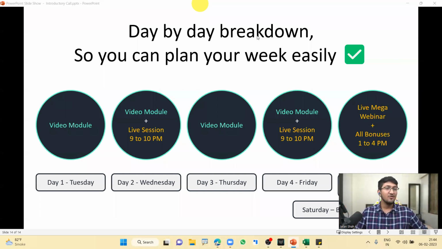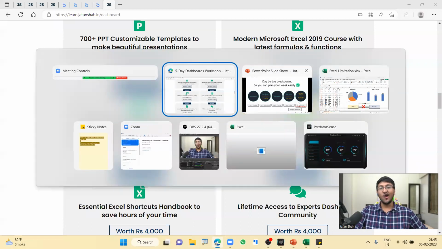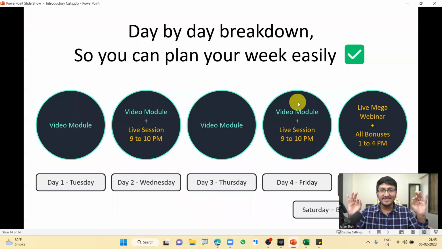All right. What bonuses are we going to get? All these bonuses mentioned on the screen. These are 6 bonuses. You are going to get a total of more than 10 bonuses in the entire workshop. How many of y'all want more surprise bonuses? Can I have a yes in the chat? How many of y'all? I have promised y'all 6. I will give you more than 10. All of them are going to help you become much more efficient in your day-to-day work. All of y'all. Yes? Chalo, perfect. I'll give it to you step by step. Yes? Perfect. Chalo. Any questions?